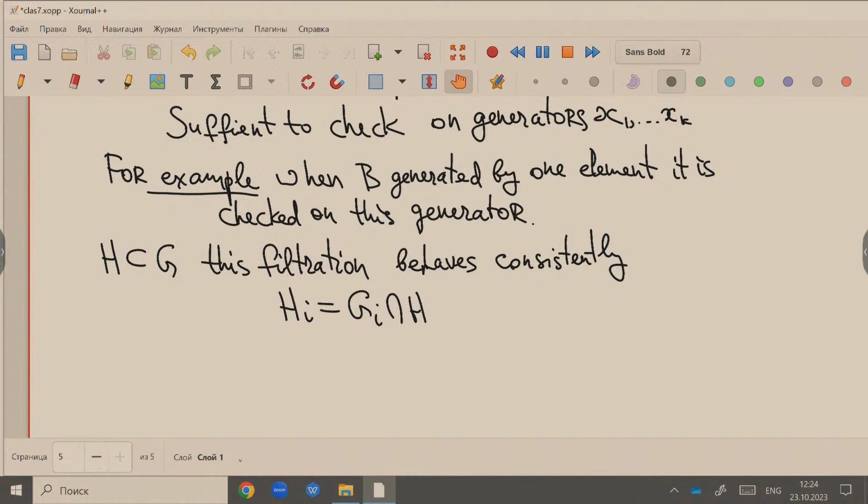So the question is, suppose H is normal,